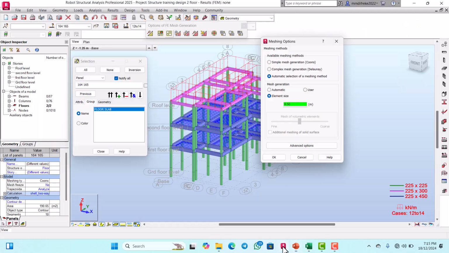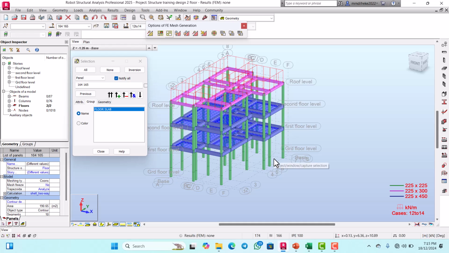So now we come back here. We change this to 1.0. When you change that to 1.0, you remember that your slab panel is active. It has been highlighted, so it is active. So you just click on OK. So when you click on OK, while this thing is still active,